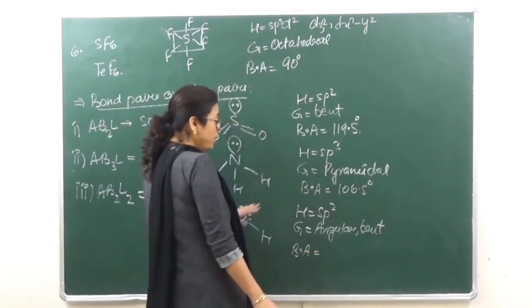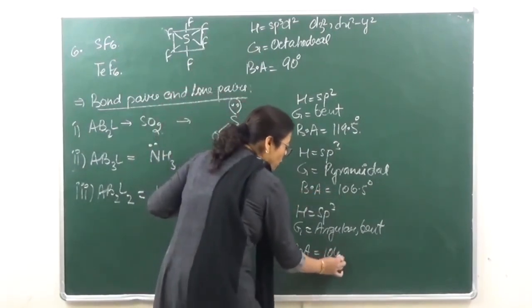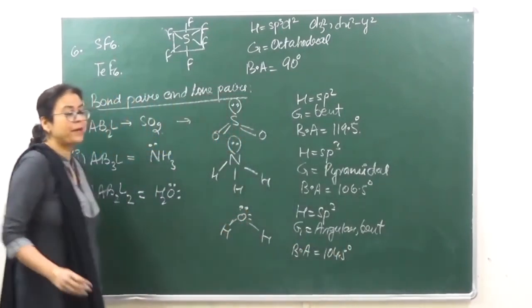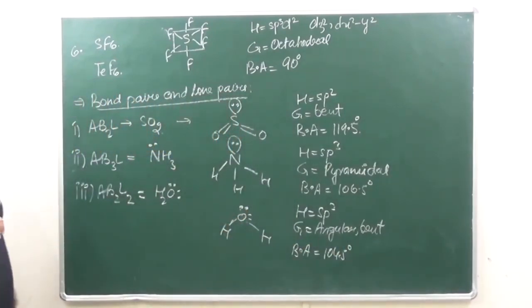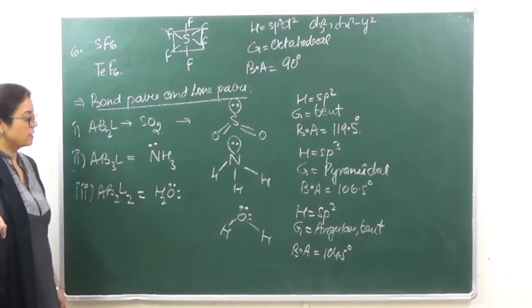and the bond angle over here, that is going to be reduced even smaller than this. It is 104.5 degrees because of lone pair repulsions, which according to VSEPR theory is the maximum repulsion. ठीक है, समझ आ गया?